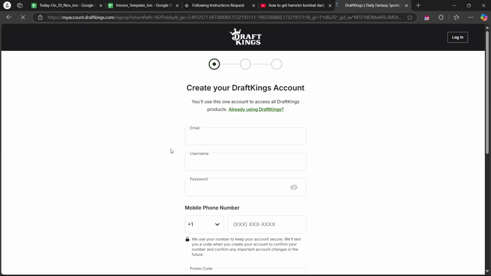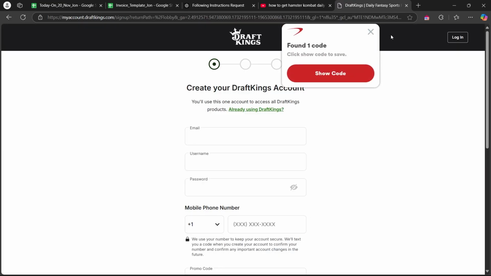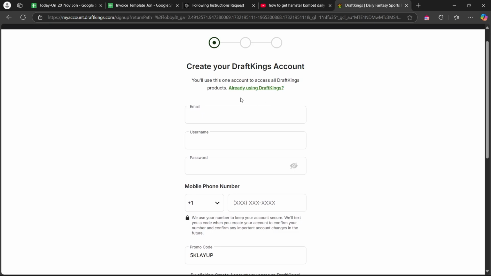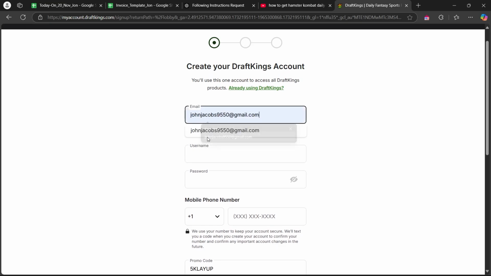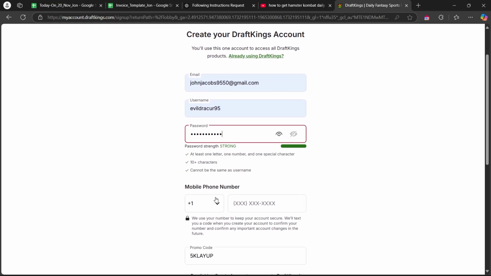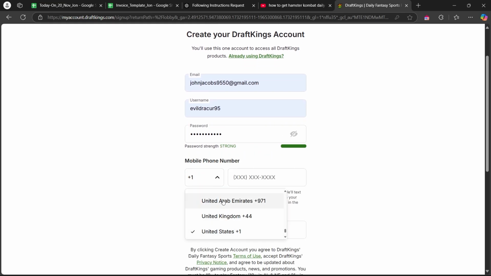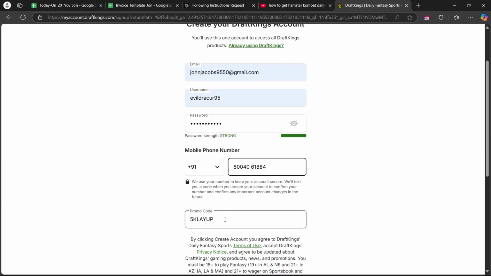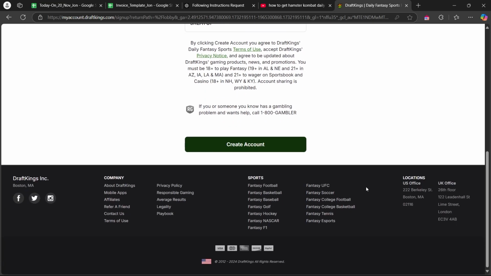Now, when you click on sign up, it will instantly take you to this page where you can simply create your Draftkings account. So, enter your email in this field. Now, enter your username here, create a strong password. Now, choose your country code for your mobile phone. Enter your mobile number. You can also enter a promo code, scroll down at the bottom and click on create